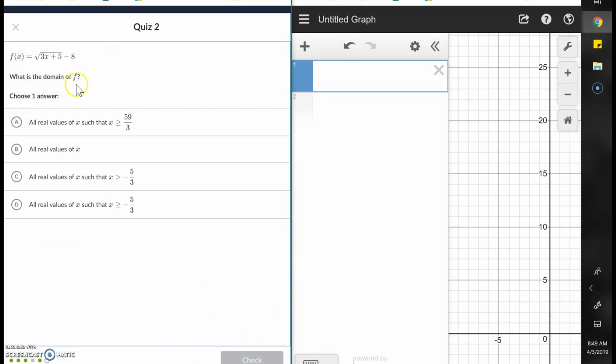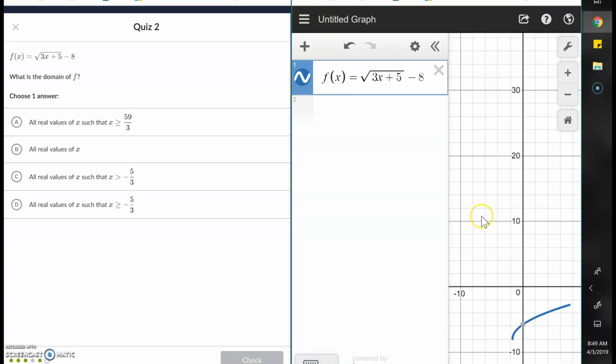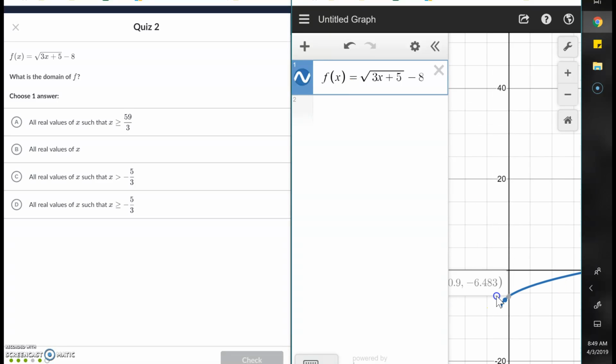What is the domain of F? Go ahead and type it in. I gotta put X here. And I just want to go to where the line begins. So the line begins on, looks like